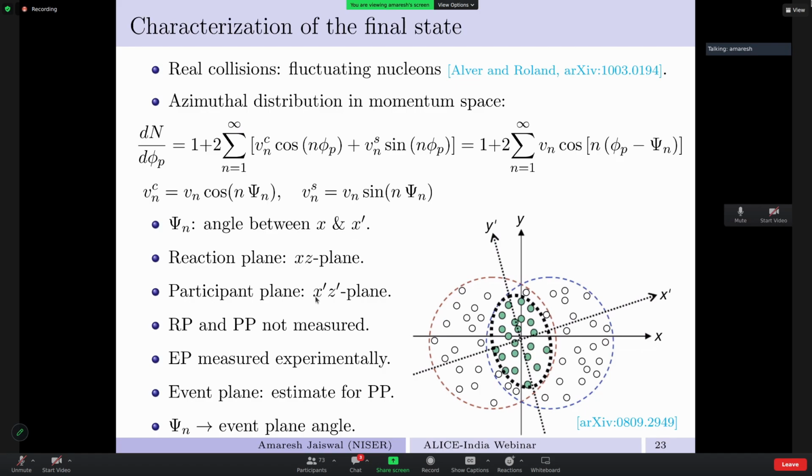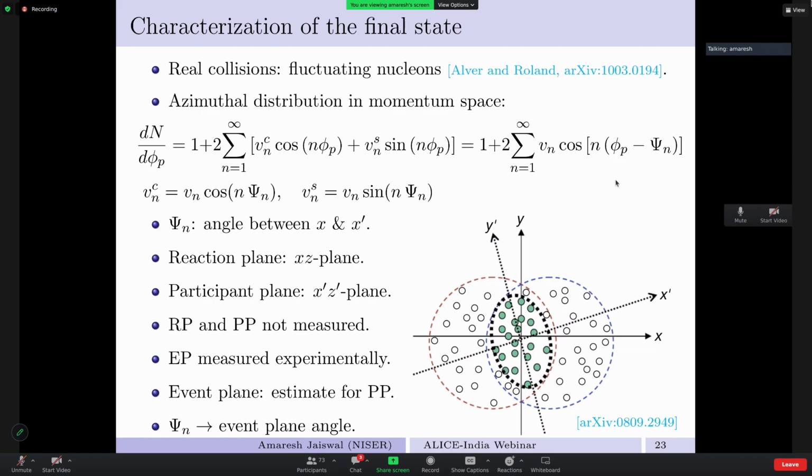Participant plane is x prime and z prime. z may also have shifted because of the tilt of the fireball. Okay, so the point is, x prime and z prime, this plane is not the same as the xz plane. And these are not measured experimentally. What is measured is the event plane, and in the event plane we take this angle to be